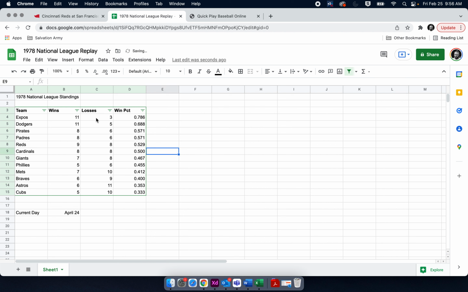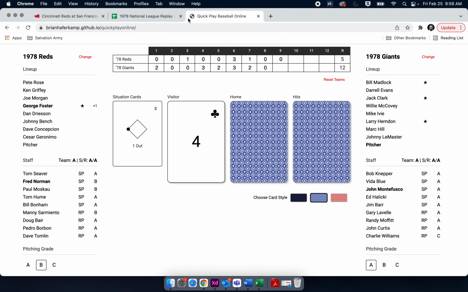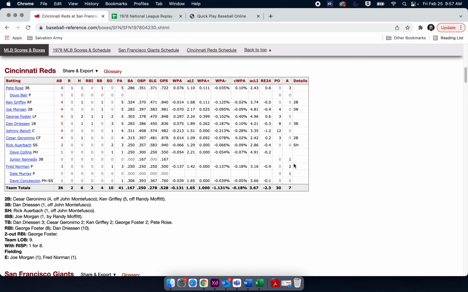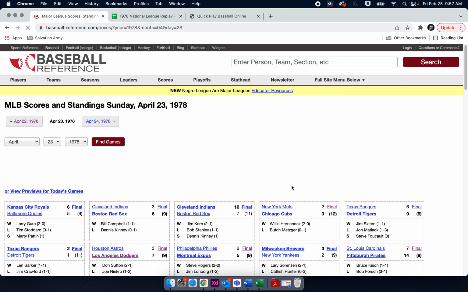The Expos are in first place, 11-3, followed by the Dodgers, Pirates, and Padres. And then bringing up the rear are the Braves, the Astros, and the Cubs. Astros and Cubs both with more than 10 losses, as well as the Mets, although the Mets have played a couple more games than the Cubs. Cubs, for some reason, don't have all their games played yet, so we'll just have to check that out and pay attention to it. So the next day will be April 24th,